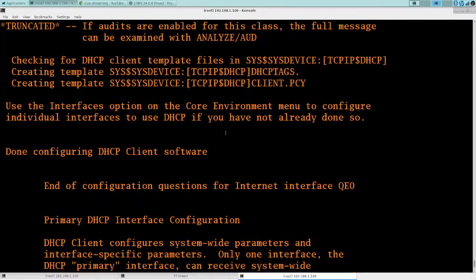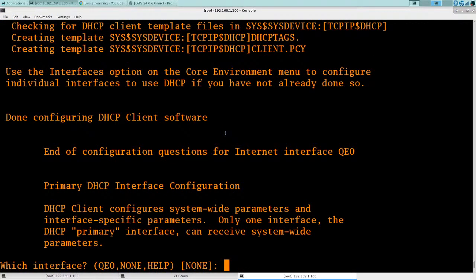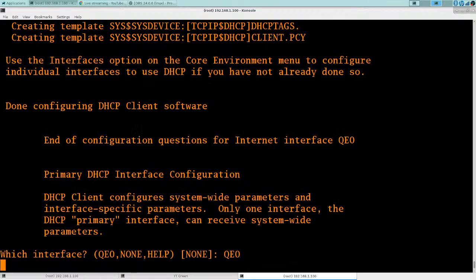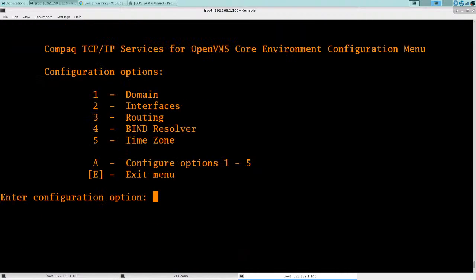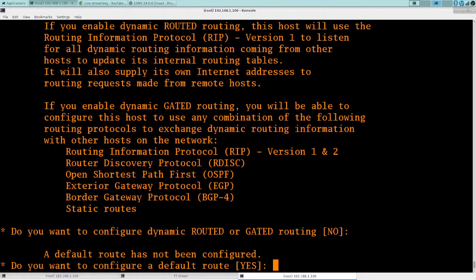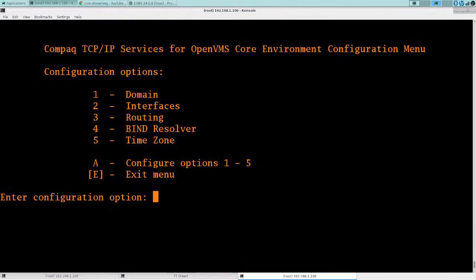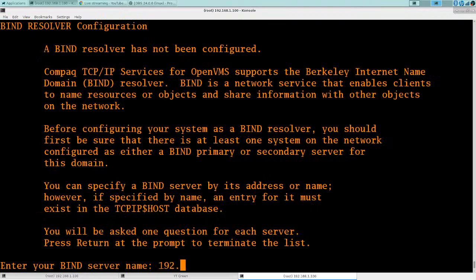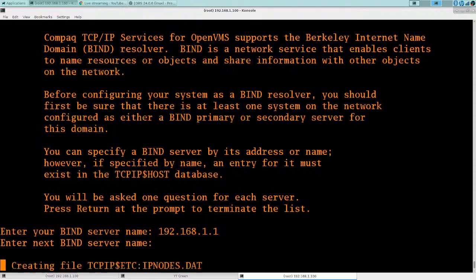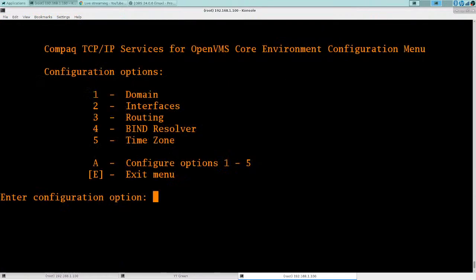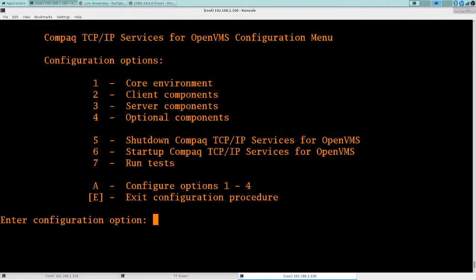I don't know. Go back to QE0 here. I'll do routing. No, it's not a gateway. Yes, we do want a default route. Give it a name. What's in the name table? Okay. Exit that menu and